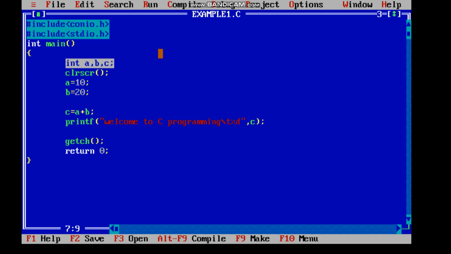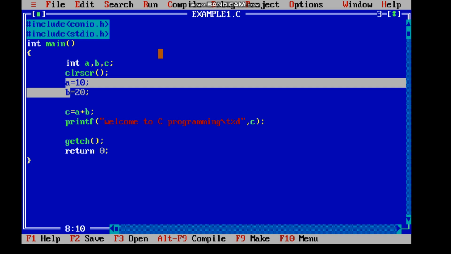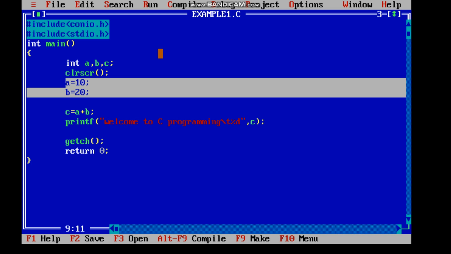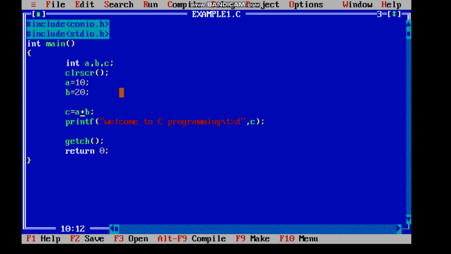And then you can do the variable definition. Here you are giving the variable definition afterwards. It is possible. Then you are doing the operation which is given. The operation is an addition operation you are performing here. Similarly, you can go for other operations, right? Subtraction, multiplication, division, modular division, and so on. And then you are printing this particular statement, Welcome to C programming, and you are printing this variable.